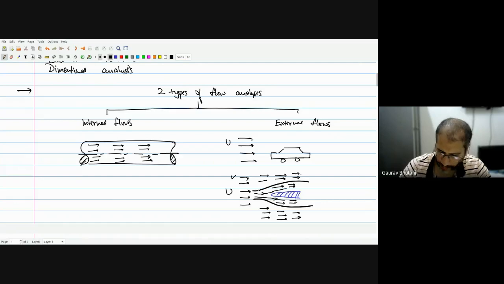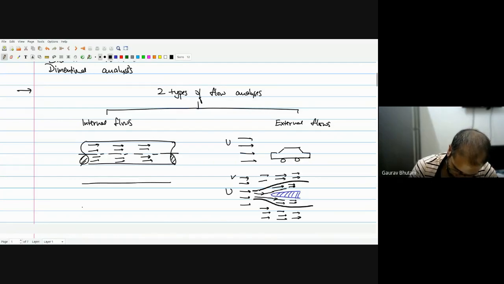Okay. So this is the reason it's called external. There is some boundary region near the solid walls which gets affected, but beyond that there is no effect of the solid body in the overall bulk flow. Whereas in internal flows, if I take the example of this pipe again,